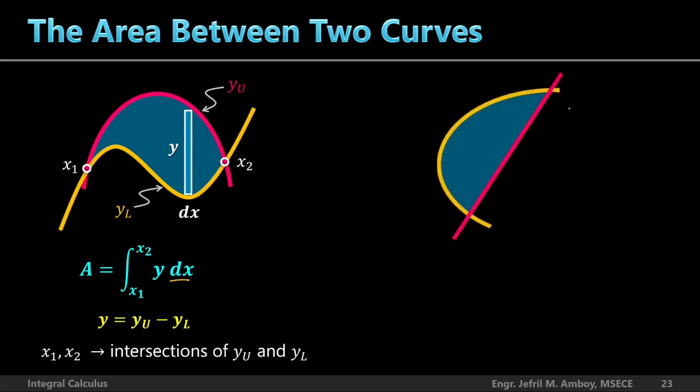For example, ganito yung region na na-form between two curves. So here, we have the yellow curve there, and here we have a line. Now, the region between them is this blue-green region here. Now, kung gagamit tayo ng isang vertical differential area element, dito kasi sa part na to, mahahati yung area into